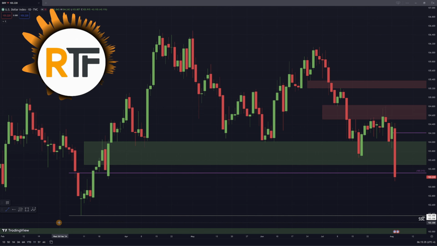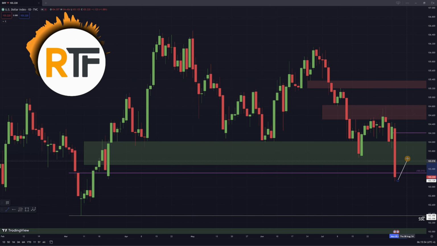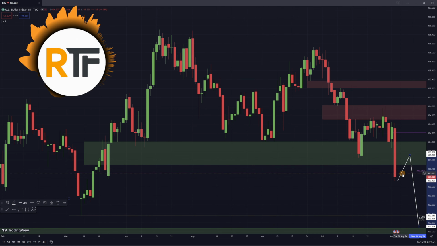Now taking a look at the daily chart, this swing low is that weekly swing low that I'm looking for the dollar index to come down and get to. You can see that price did drop down and close below that mean threshold on the weekly order block, but there's also this daily swing low right here that we did come down and sweep below. Now we could have some sort of retracement, something like price coming back up here, which aligns with this old low as well as that weekly fair value gap, and then we can see a drop down to our sell side from there.